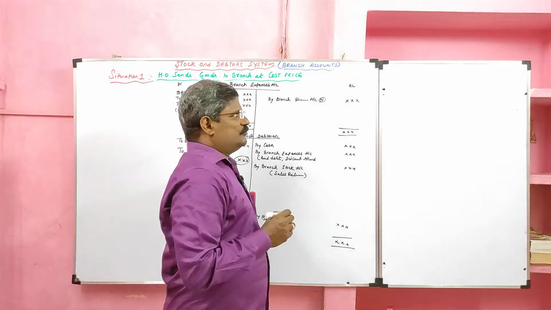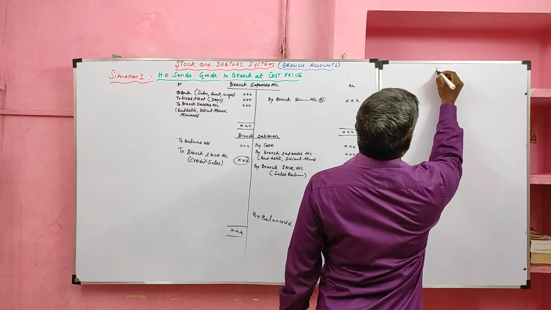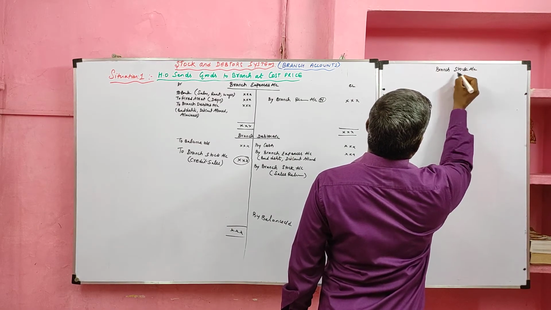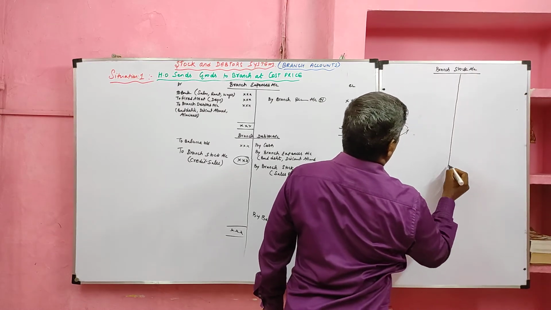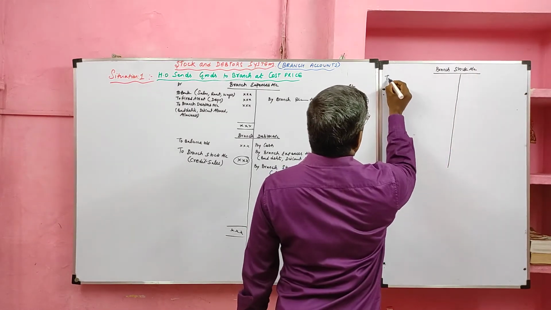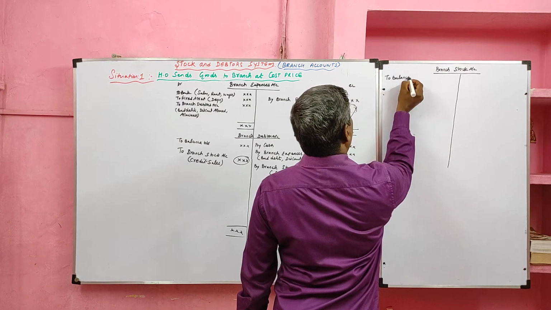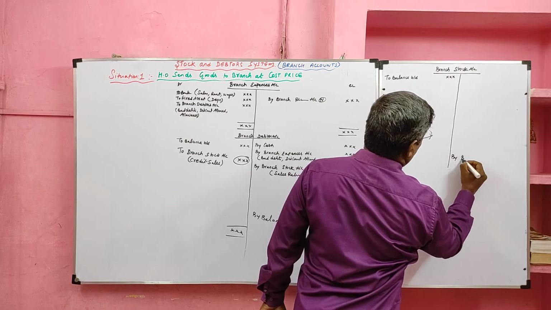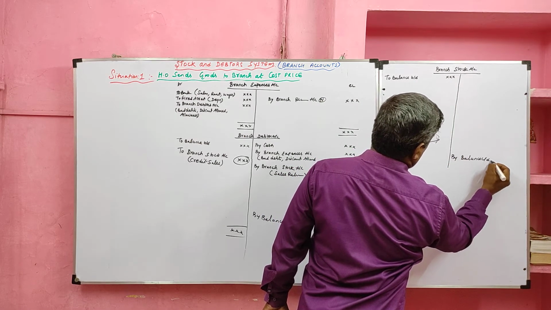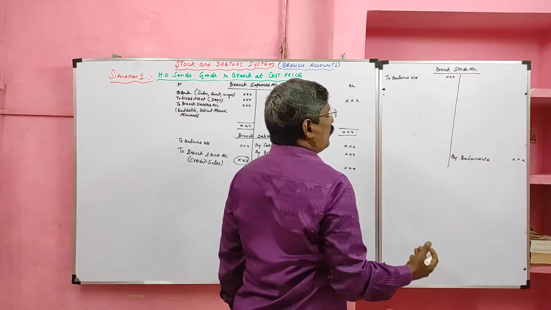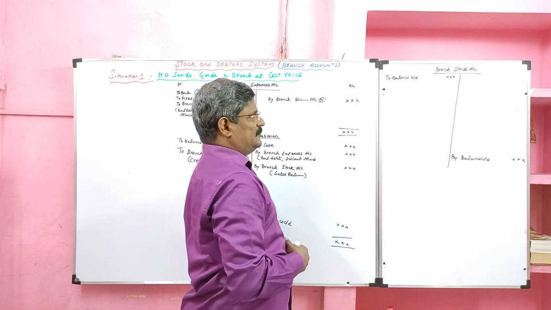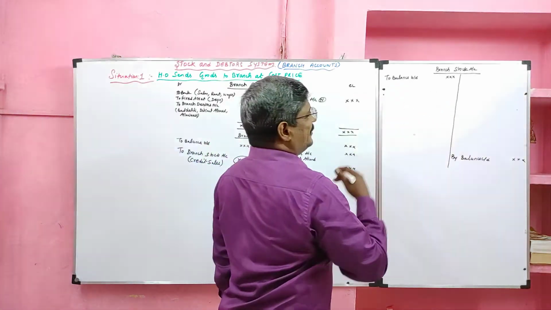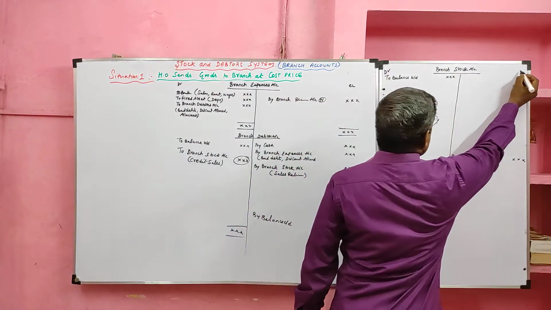Then we are going to learn format of branch stock account. Branch stock account, listen carefully. It has two sides, debit side and credit side. Branch stock account, debit side, it starts with the opening balance of stock. Credit side, it ends with the closing balance of stock. Then debit side, what are all coming into the branch? What are all coming into the branch is debited. What are all going out of the branch will be recorded in the credit side. This is debit side. This is credit side.